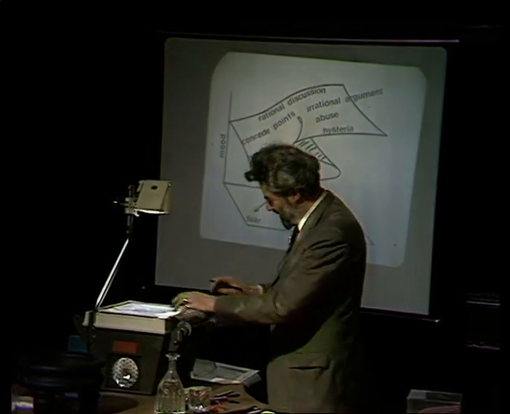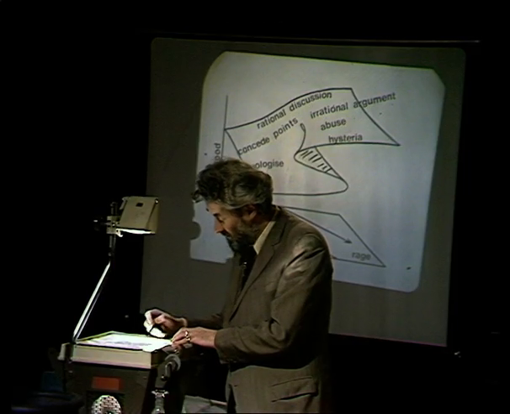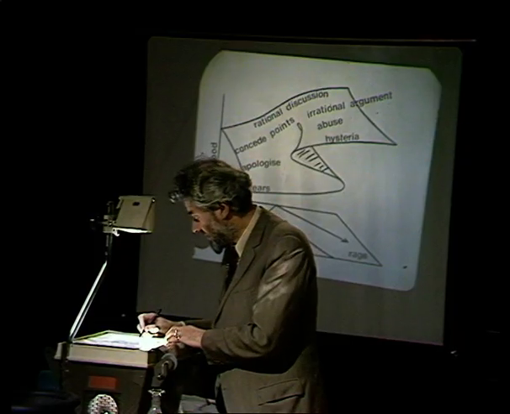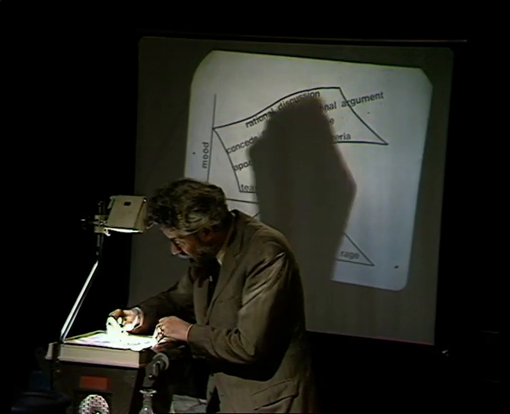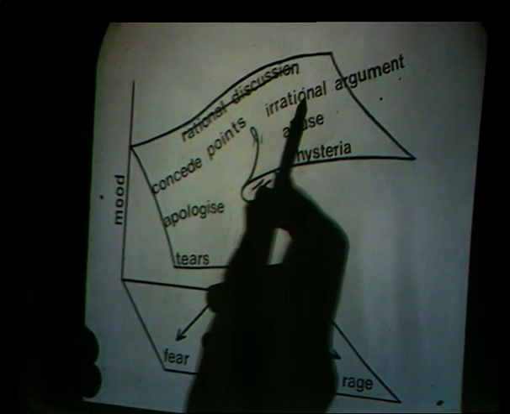And so this is a picture of your opponent in an argument. You see, normal behavior is rational discussion. And as he goes into the attack, his arguments become irrational, then abusive, and finally he breaks into hysteria. Now, as he goes into defense, first of all, he concedes points, and then apologizes, and then bursts into tears. Well, if you say something that makes him a little bit angry and frightened, the first thing that you will do is you will deny him access to rational discussion. So he will oscillate with little catastrophes between irrational argument and conceding points,